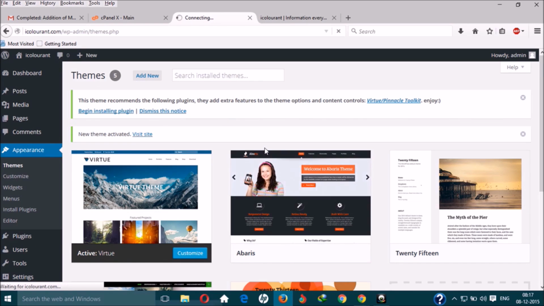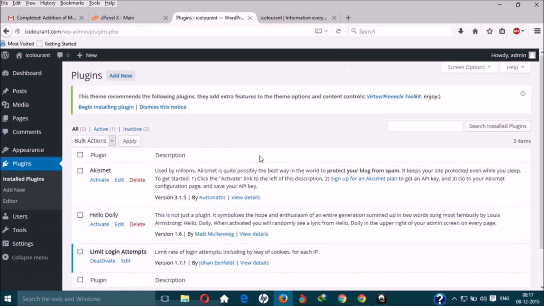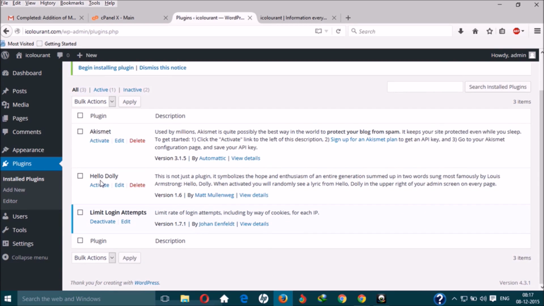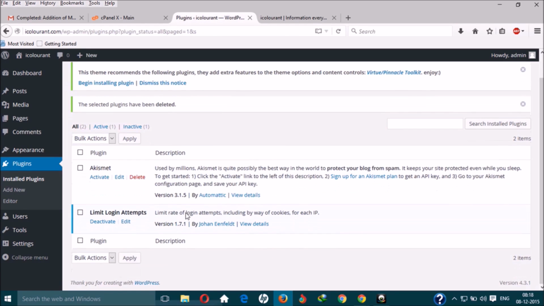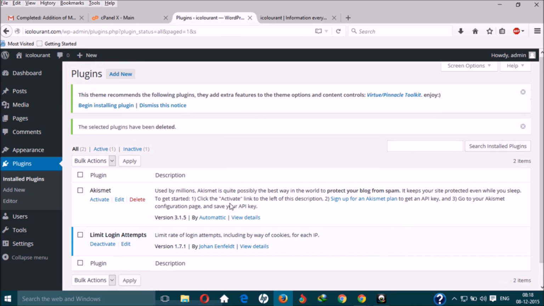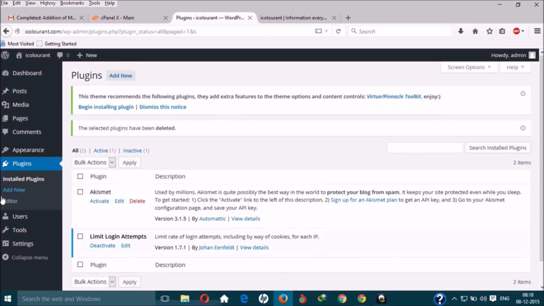So go to install plugin. Some of the plugins will be installed before, like Akismet. You don't need this, so you can just delete this plugin. Hello Dolly, this is kind of a useless plugin which you don't need. So after you can keep this, and now let's add some important plugins. Click on add new,